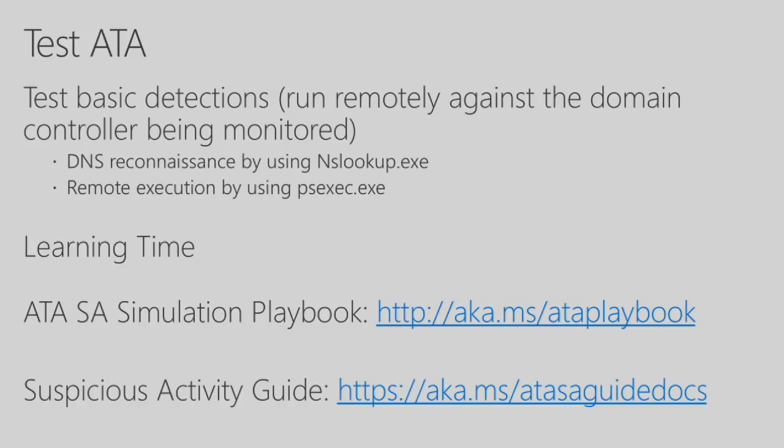But usually, you'll want to have a deeper understanding of the attacks that ATA detects. And exactly for that, we published the ATA attack simulation playbook, which is a very, very detailed guide on how to simulate different attacks all across the kill chain, starting from reconnaissance, moving to lateral movement, privilege escalation, up to domain dominance. It's a very detailed document. It will help you get really into the mindset of attackers and really understand what they're trying to do and what they're trying to achieve as part of their campaign. So I highly recommend that you take a look at this playbook.